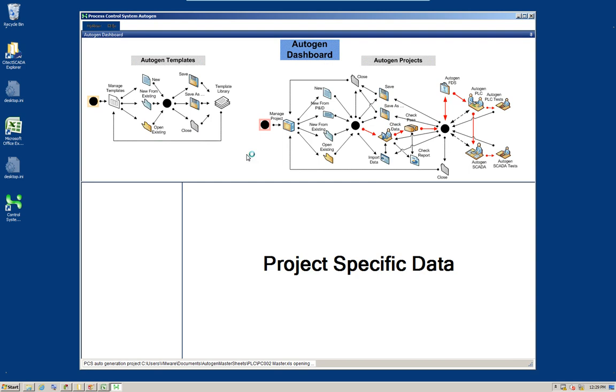So we again open an auto generation project, and it's the same one which has been used for the PLC code auto generation that has been previously demonstrated. So the project is opening at the moment, and we will see the data in a minute, but again it consists of one digital input which generates an alarm, and one analog input and one motor.